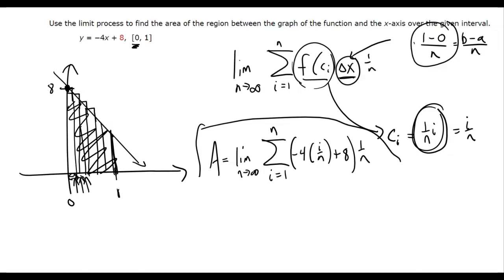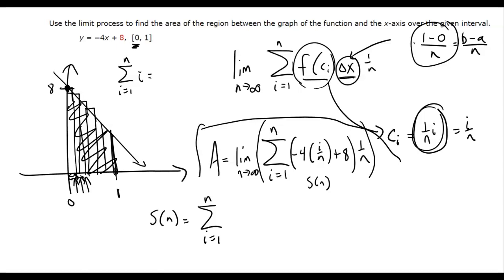So let's see how we can knock those out. Let's save ourselves a little bit of trouble. Call this S sub n, and then we'll take the limit as n goes to infinity. So S of n equals, and then we'll do a little bit of algebraic manipulation. We want to isolate the i term, because you have formulas. I'll put the formula up here in a second. For example, here's a formula